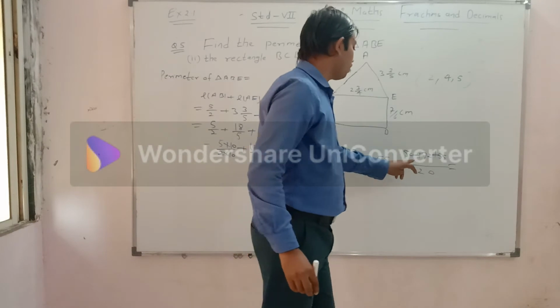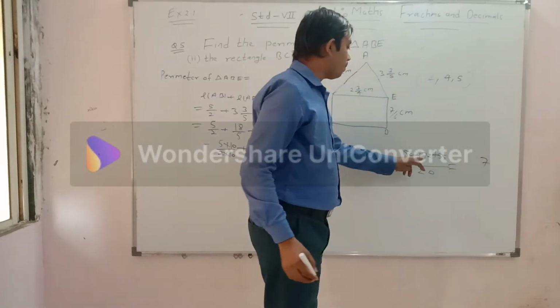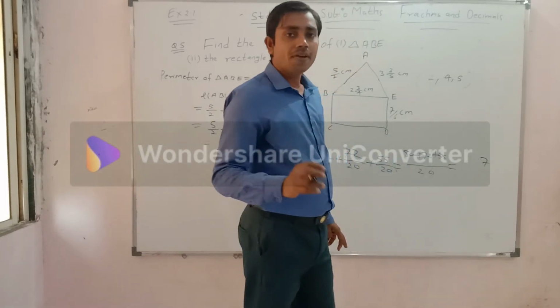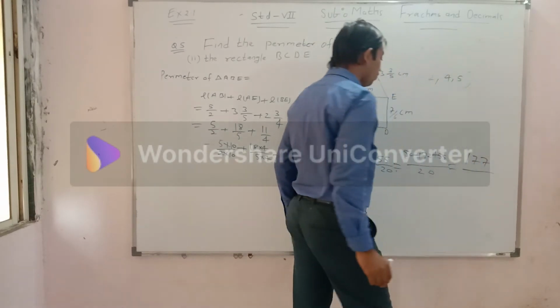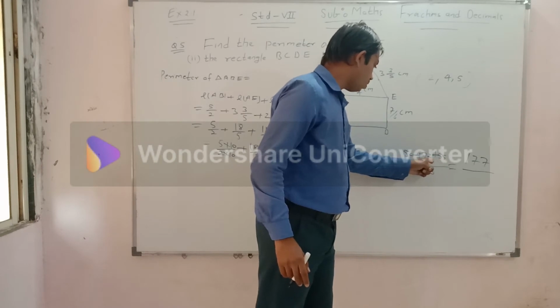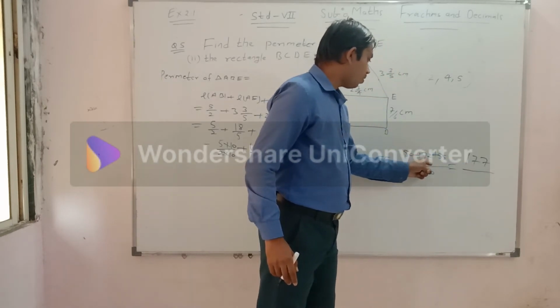5 plus 2 becomes 7. 7 plus 0 will be 7. 5 plus 7 becomes 12. 12 plus 5 becomes 17. So what did we get, my dear student? 177. Let's check one more time. 5 plus 2 is 7. 7 plus 0 will be 7. Now 5 plus 7 is 12.